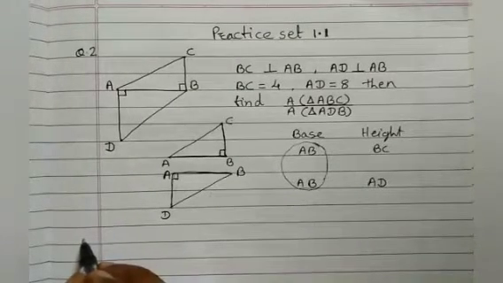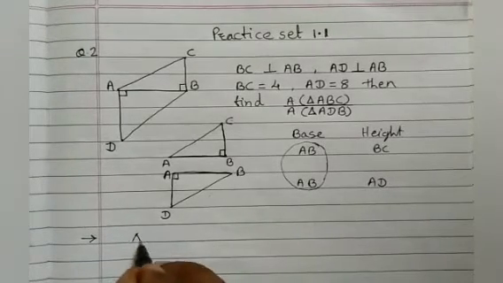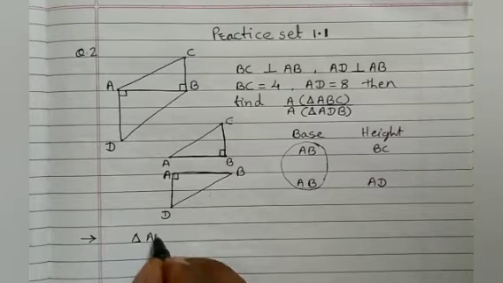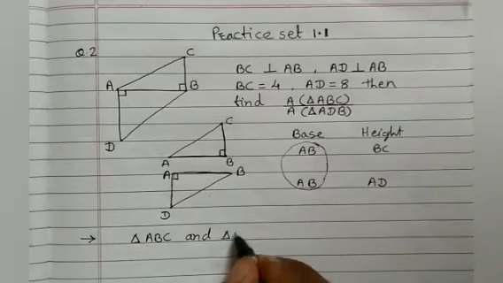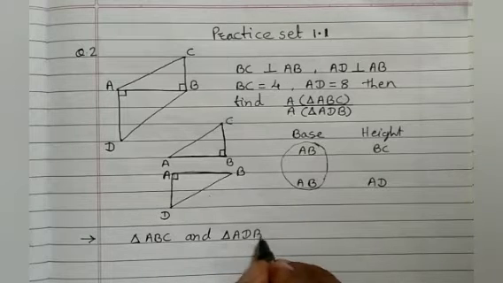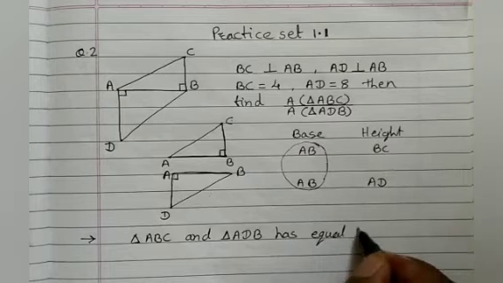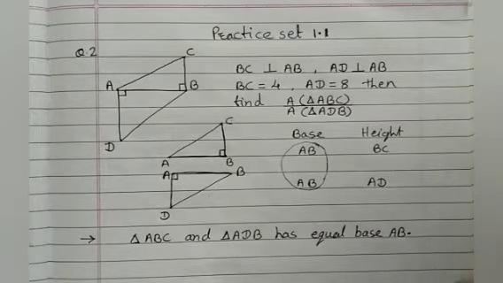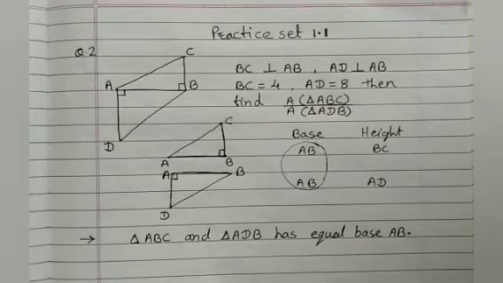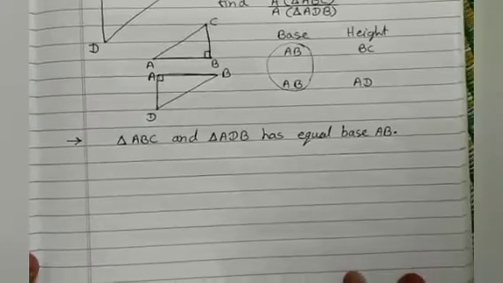Now the answer. Start of the answer. First triangle ABC and the second triangle ADB have equal base AB. If the triangles have equal base,